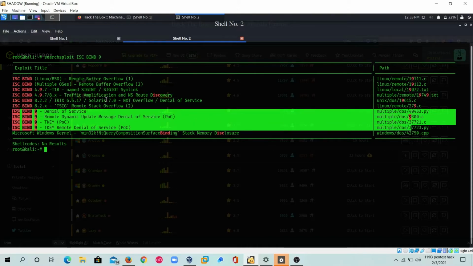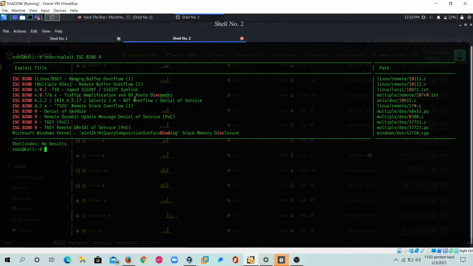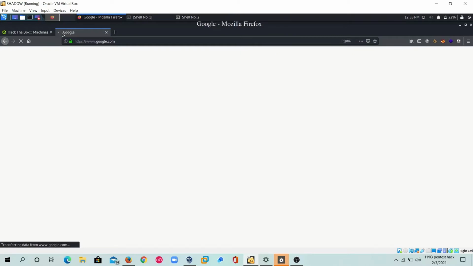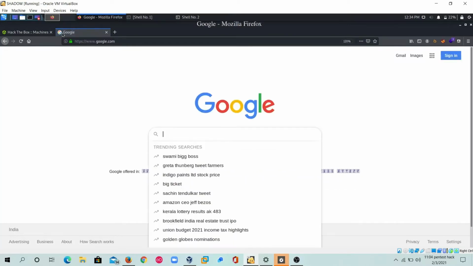Here we see remote denial of service and remote dynamic update message denial of service, but our aim is to get a reverse shell from the machine and get root. So let me search in Google. Let me see what type of result Google gives for this vulnerability.